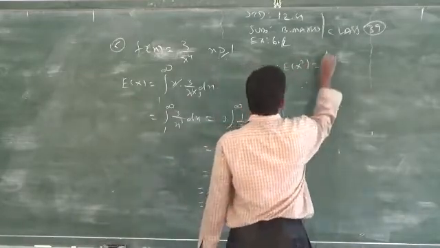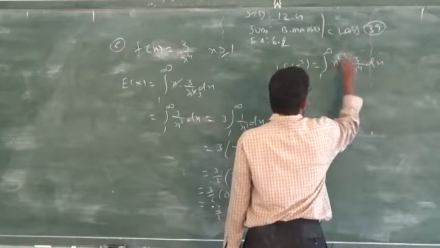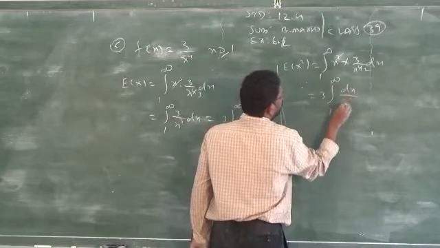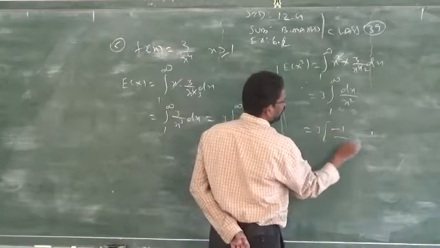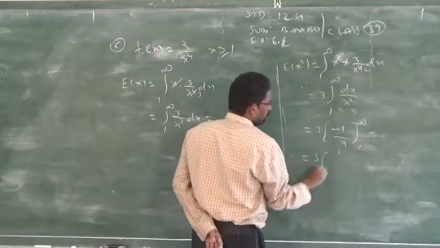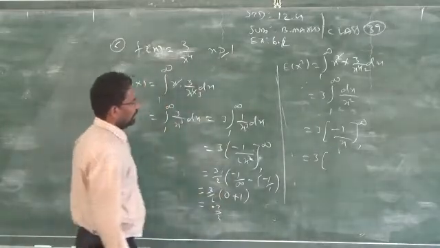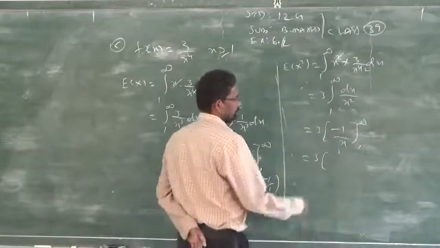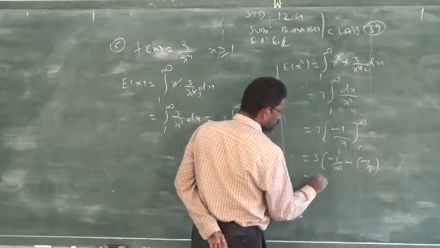That is the integral from 1 to infinity of x square into 3 by x power 4 into dx, you will get x square in the denominator. So, 3 is constant, 1 to infinity dx by x square. So, when you integrate, again same concept, change the sign, subtract 1 from the power, you will get only x. So, 1 to infinity. Here we reduce 1 in the power, we will get 1 only. So, 1 into x. So, you can replace minus 1 by infinity minus of minus 1 by 1, you will get how much?